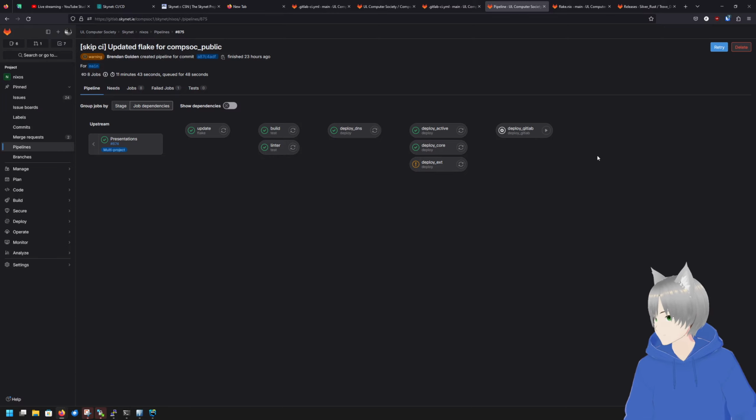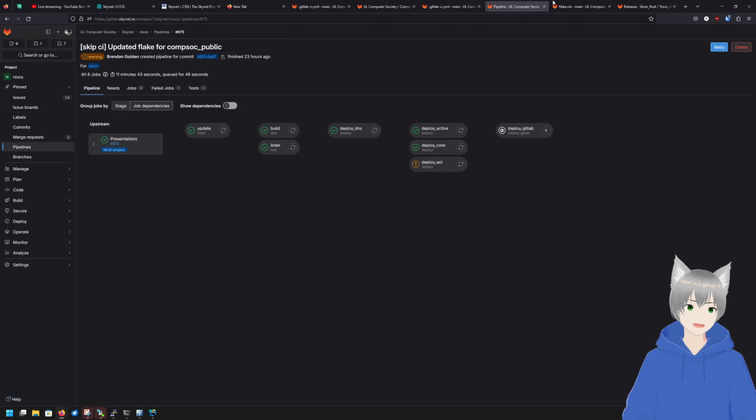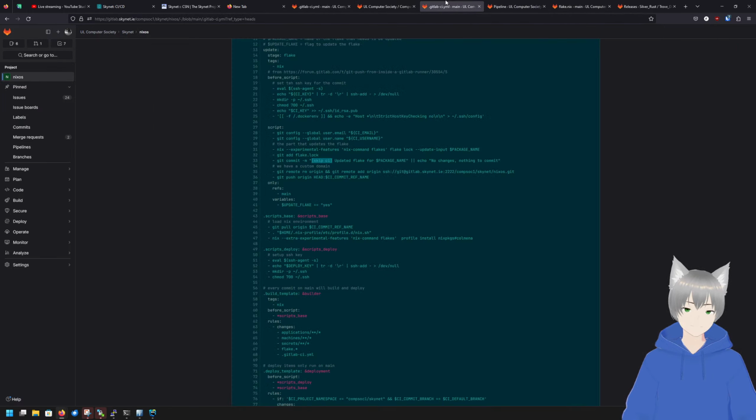Does that make sense here? Part of the goal of it was to have everything contained together. So if the flake update fails, you can see exactly where in the pipeline the rest of it fails.